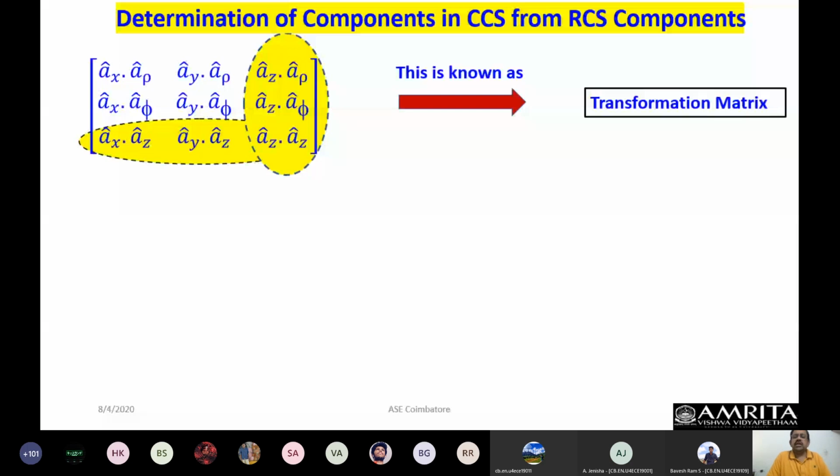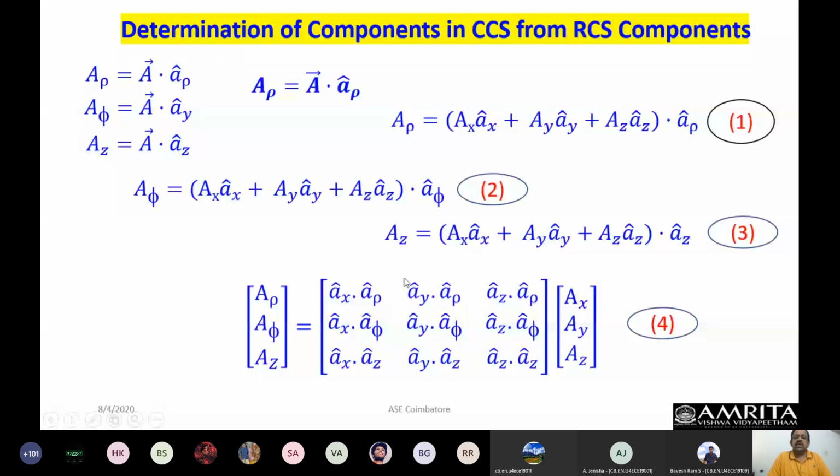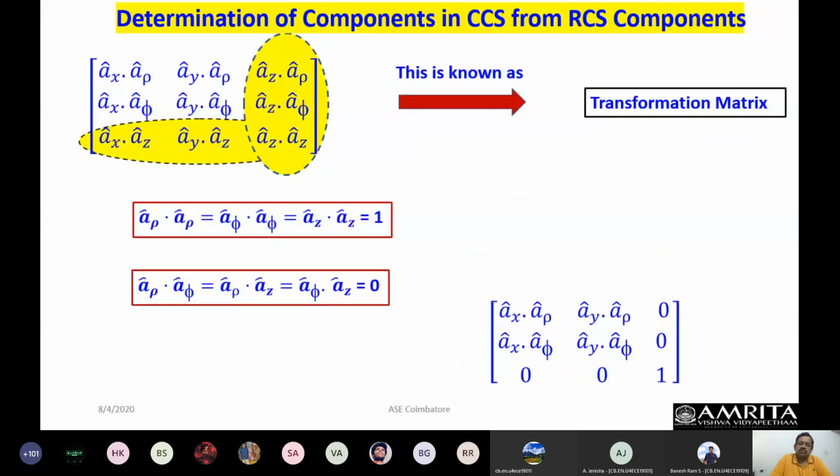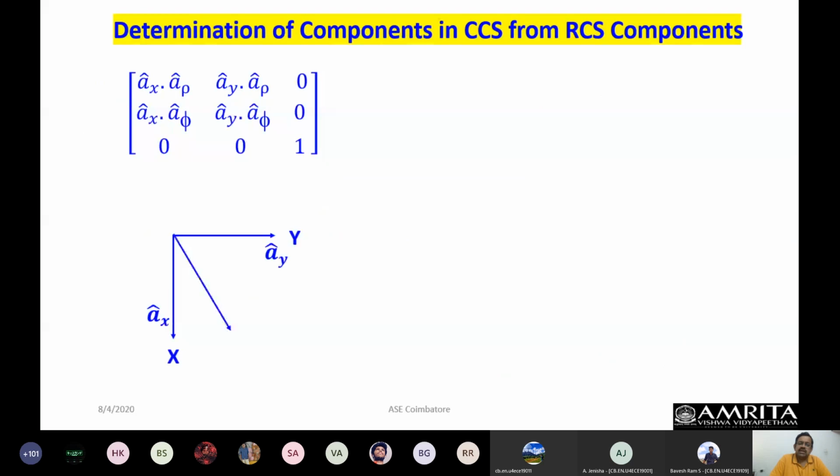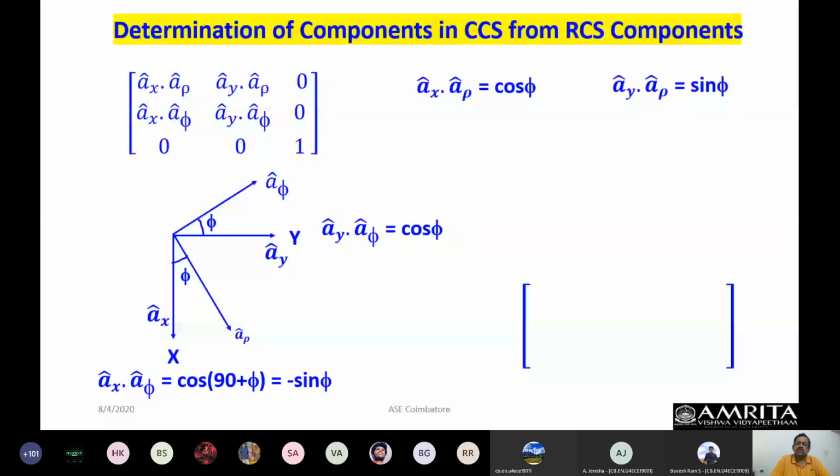All I need to do is write in terms of AX, AY, AZ, and then substitute for this vector in terms of the cylindrical coordinates, because that is the given vector. I want to extract the component along xyz, so I need to write it in the opposite way of the way it is written over here. You can try to do it following the same steps, and you will get this matrix as I explained here. The only change is that this minus sin phi has gone to sin phi over here, and plus sin phi over here. That is the only interchange that has taken place between these two components.